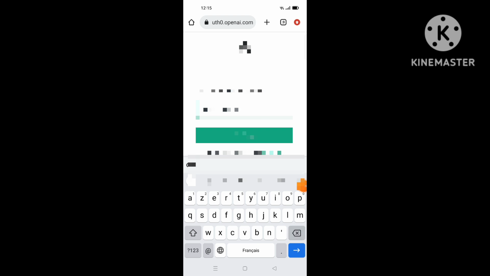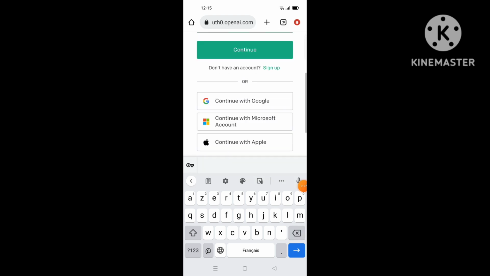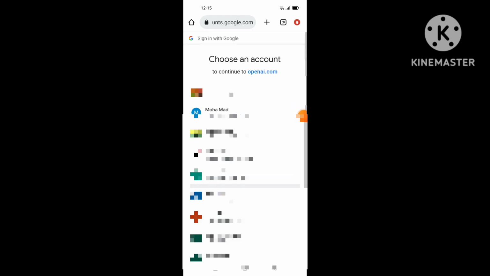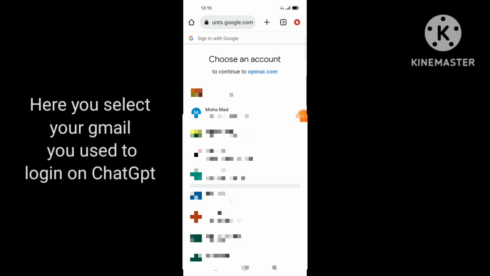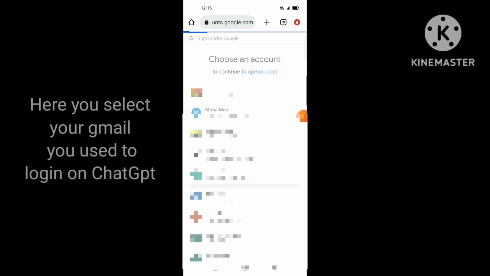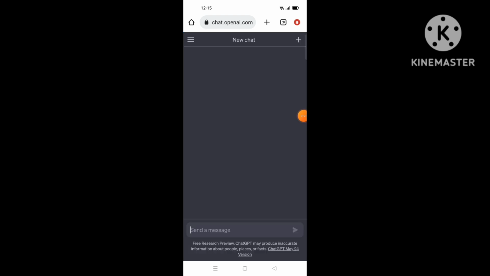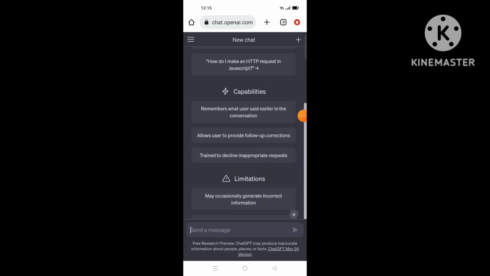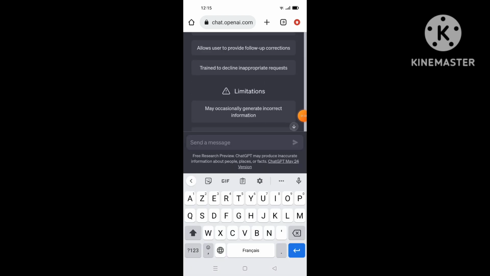The first way is by going directly to continue with Google. Click on continue with Google like this. Then it will show you many accounts. Here, to log in again on your account, click one of your Gmail accounts like this. Then as you see, it takes you directly to your ChatGPT account. So this is how to fix your problem, login in your